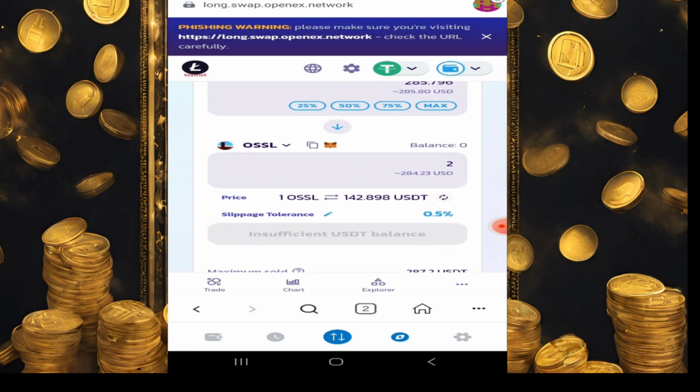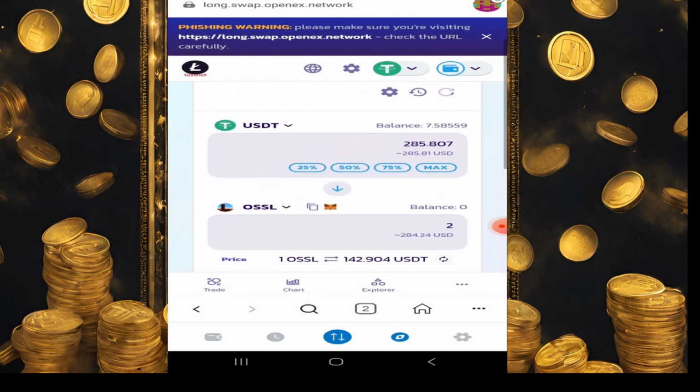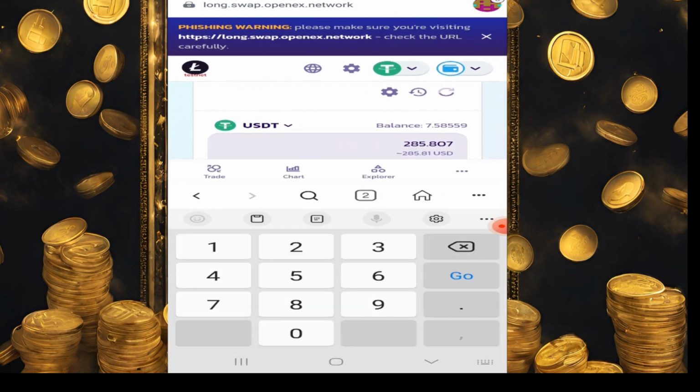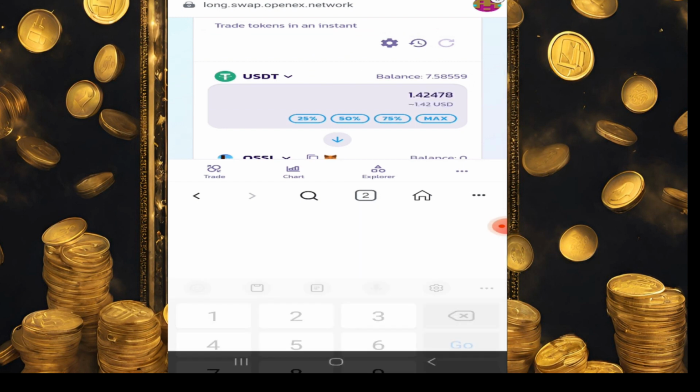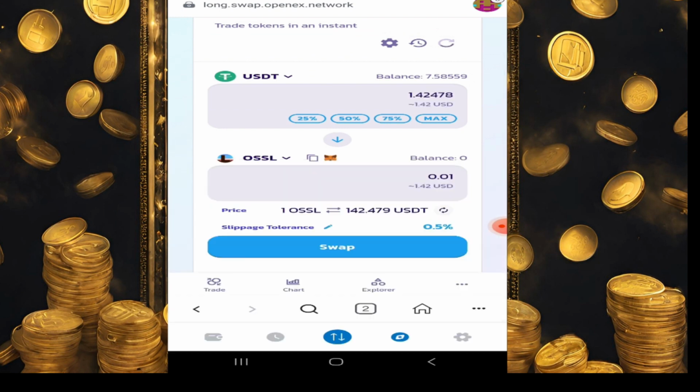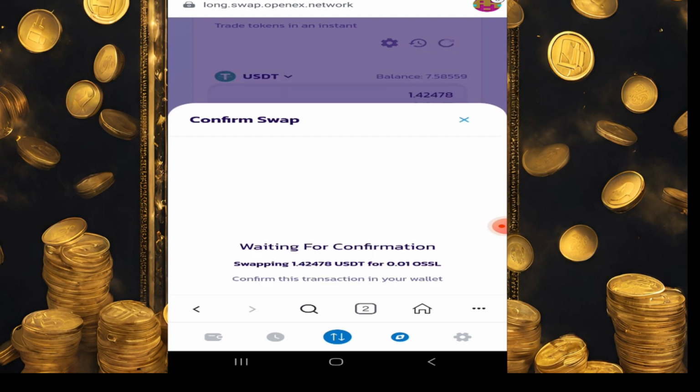Insufficient USDT balance. Okay, what are we gonna do? We say 0.01. Okay, 0.01. It has brought that. We can now hit swap,